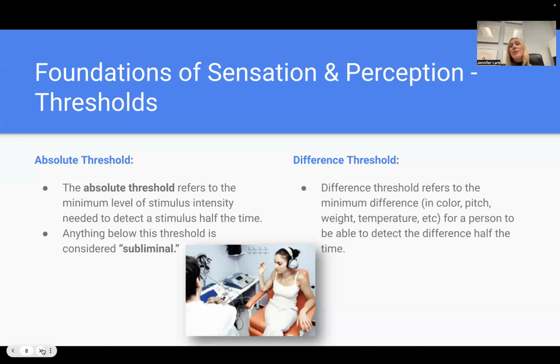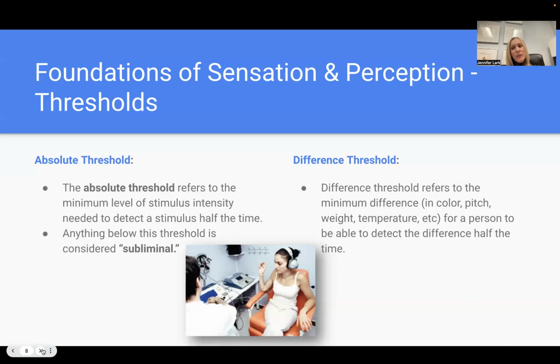But you might have another teacher who, dang, if you even turn to your friend and whisper something to that friend, that teacher's eyes are on you. They had a lower absolute threshold for your talking stimulus. So there's another example. Tons of examples of how this can affect us in the world around us. So that's an absolute threshold: the minimum amount of stimulus needed to be present for me to detect that the stimulus is in fact there.